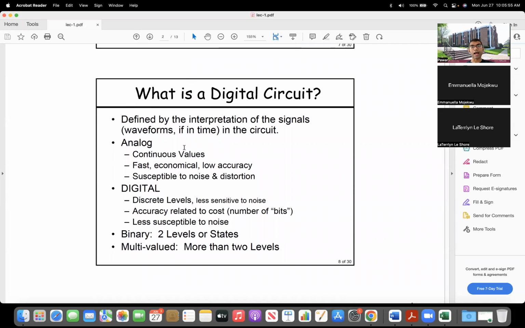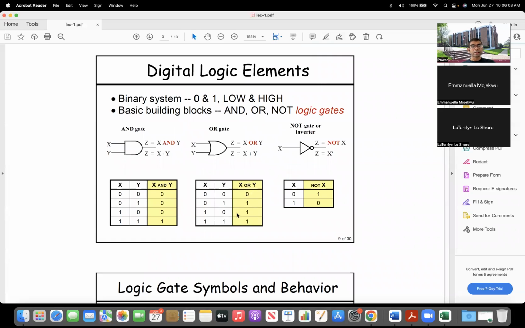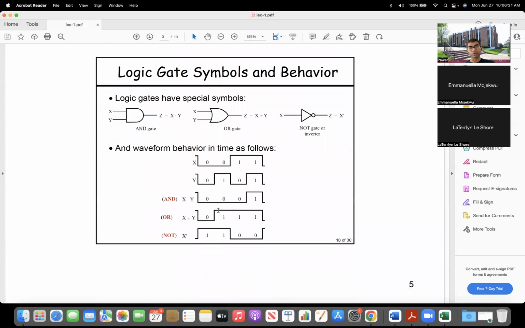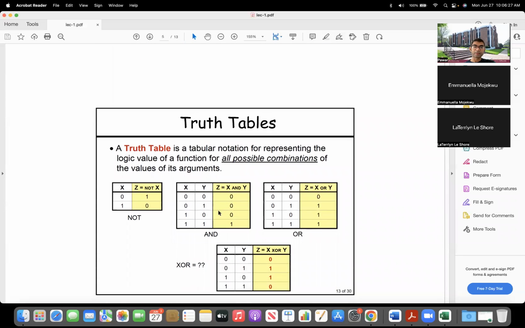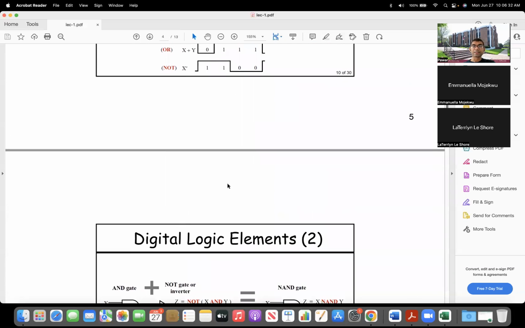And what is an analog circuit? What is a digital circuit? And some definitions like binary and multi-valued levels, right? The next thing which I asked you to read is the same PowerPoint and some slides on the elements, right? Digital logic elements, right? So I'll go through them, and these are the basic basics in digital